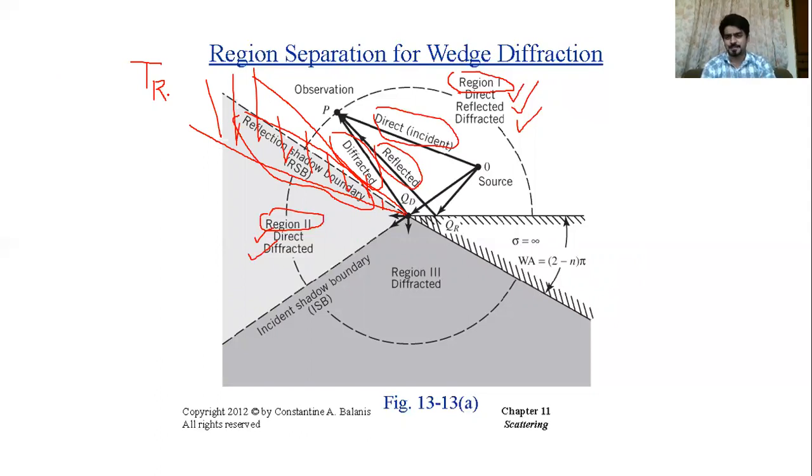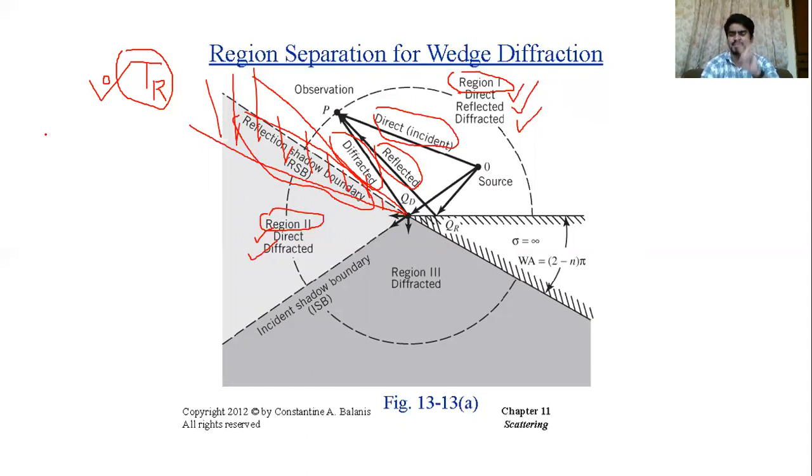Okay, and that's why, in order to compensate for the discontinuity, so basically we get rid of that reflected field when we move from one region to the other region, you have some discontinuities. In order to compensate for that discontinuity and make the fields continuous, you have to introduce diffracted fields. So along the reflection shadow boundary and around it, in this transition region, you will have a very prominent contribution from the reflected